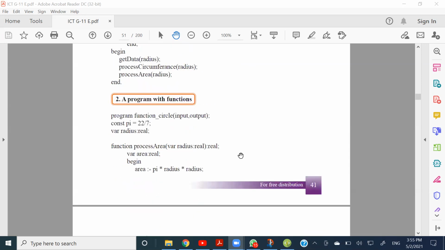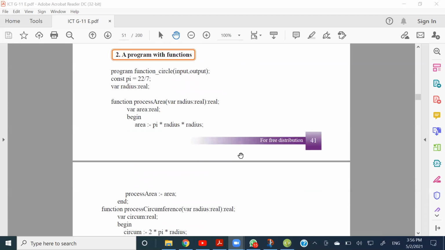Okay, so then the program with functions. The only difference is function is there to return something, right? So when we declare the function, we should say what is there to be returned, or in which data type we are going to return something, right? So here in the function,